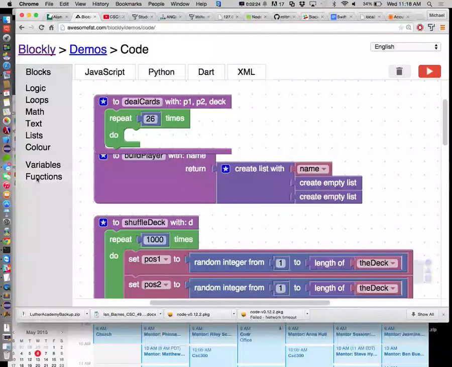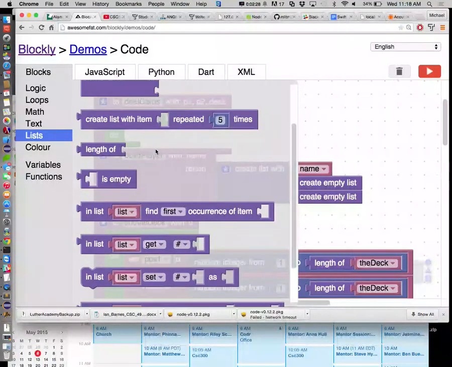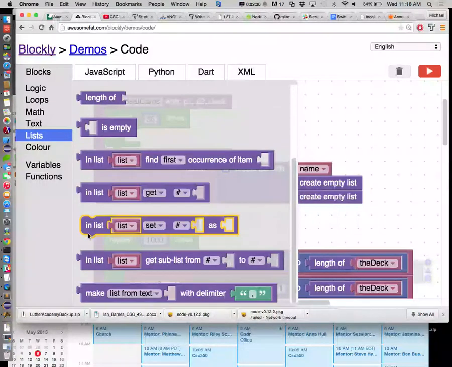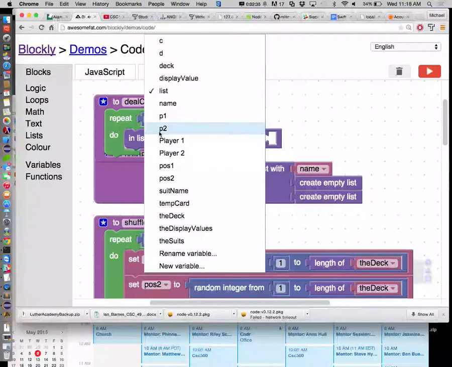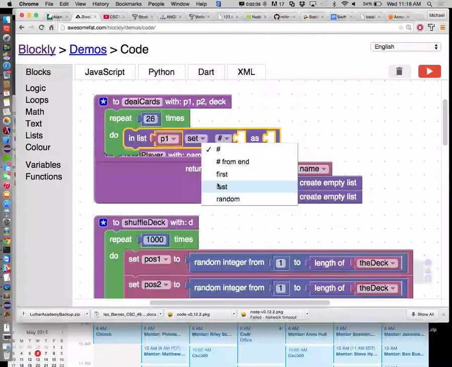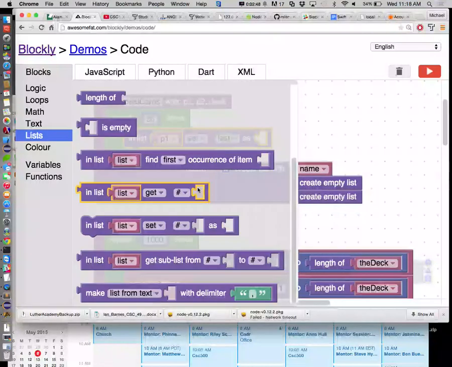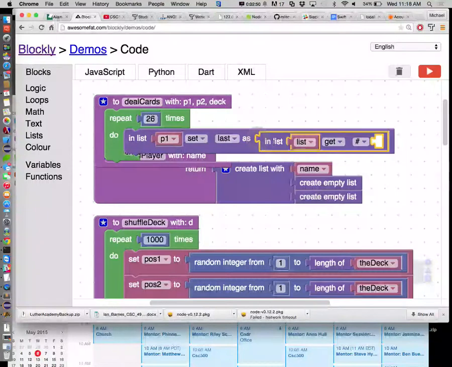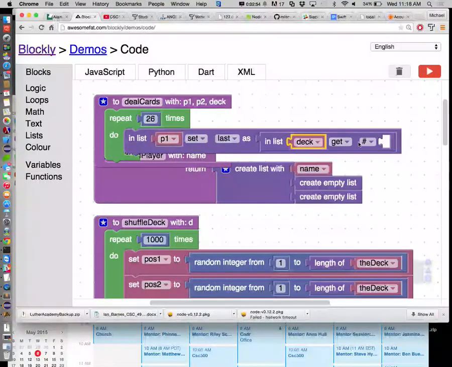So we're going to set player 1's last element equal to a card from the deck. So that is get from deck